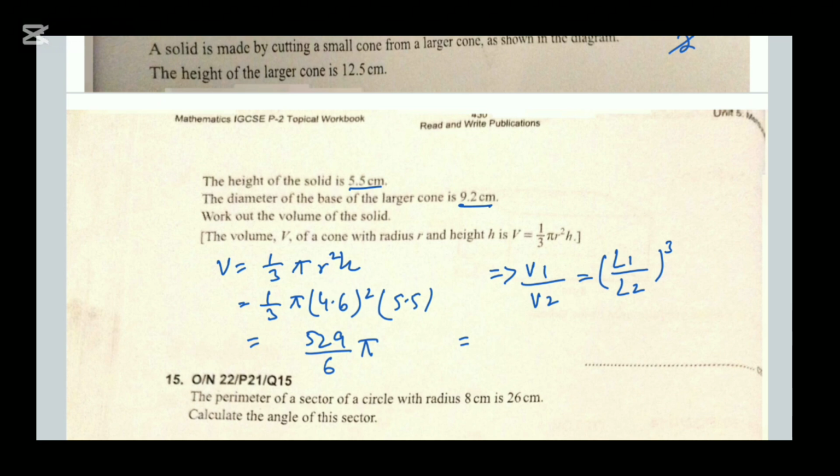529 over 6 pi, that is 276.98. So this is the value that you have to use. That's why 276.98 over volume 2, which we have to find. Length 1 is 12.1 over length 2 is